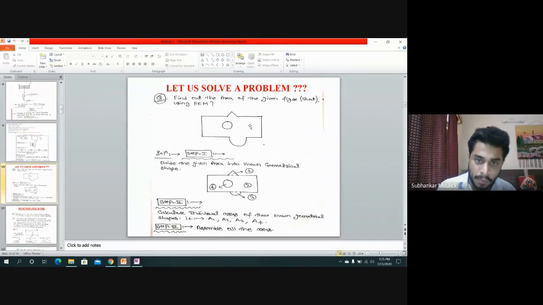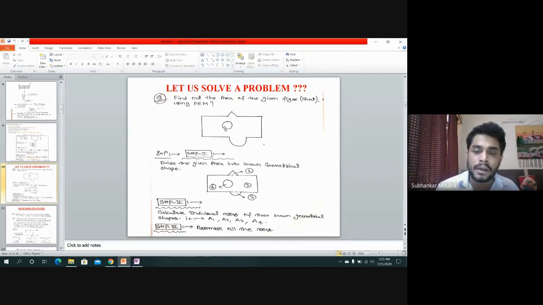Can you see this problem? If you want to solve it by FEM, first you will find the area of this small triangle. Then you will find the area of this small circle. Then you will find the area of this entire rectangle. After that, you will find the area of this semicircle individually. When we do it individually, we are writing the elemental stiffness equation, finding the elemental area. And assembling means at last you have to find the entire area of this figure using FEM. Now from this diagram, it is very clear that this circular area I have to remove.